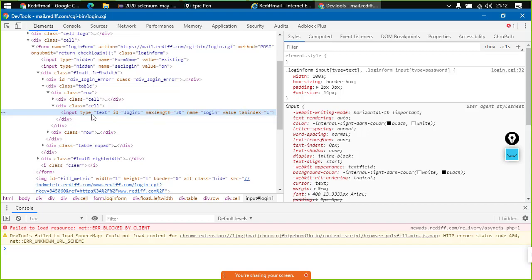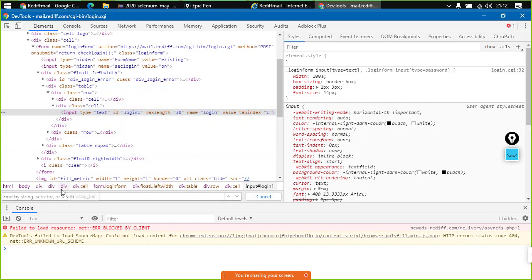Whenever there is an element which has an attribute ID, ID is considered the unique attribute, right? ID means the unique identity of this particular element. Say login1. This means that if I try to find something with login1 on this page, I won't be able to. So let us quickly check.